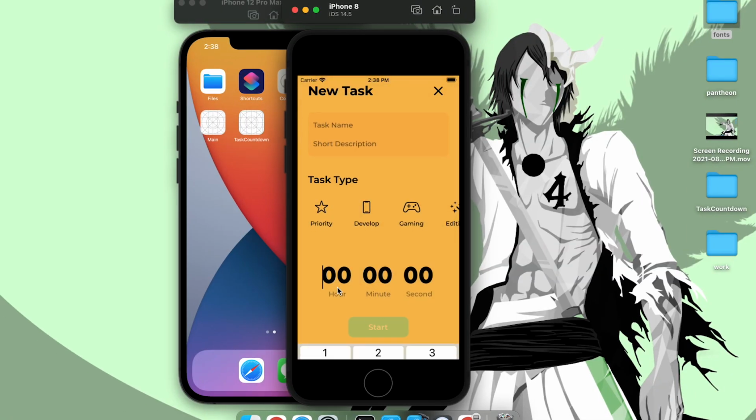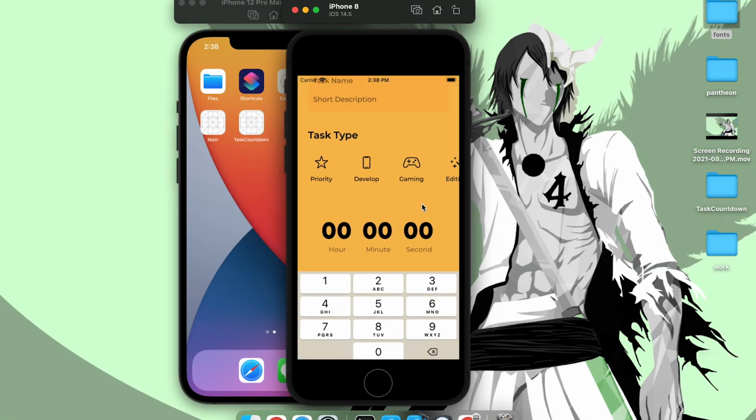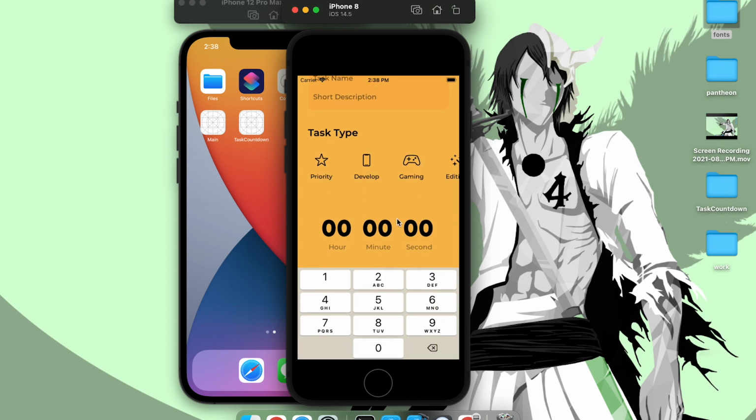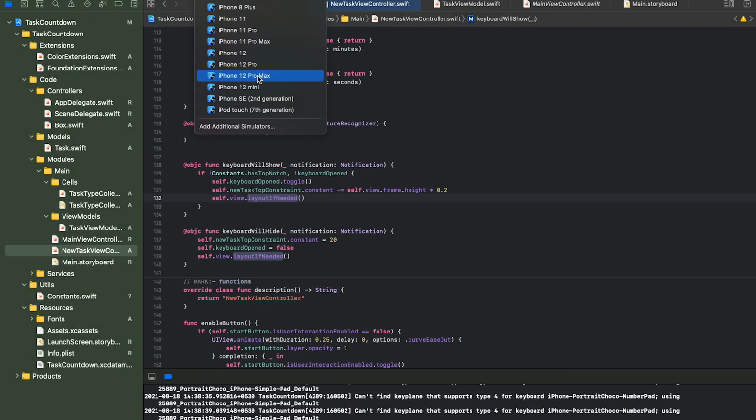Alright, we are set and we have added everything we wanted to in this view controller. Let's end this here and we'll add the timer countdown and various fun animations in the upcoming video.